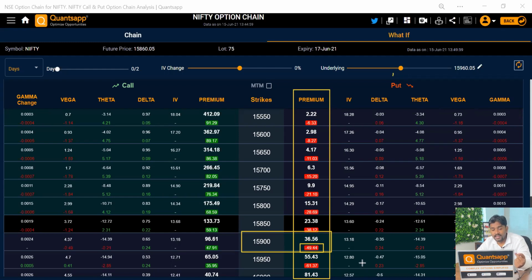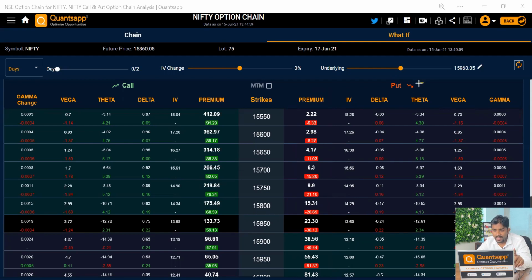Generally, an at-the-money call option has a delta of 50. This is subject to a few exceptions, because there are a few changes when we are very close to expiry. That is a different scenario, but mostly at the money has a 50 delta. That means if there is a change of 100 rupees in the stock price or underlying price, your at-the-money call option or put option will change its premium by 50 rupees. That is the concept. So I think we are clear with delta.